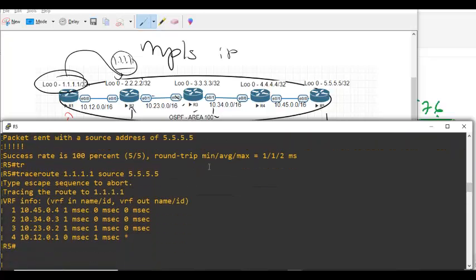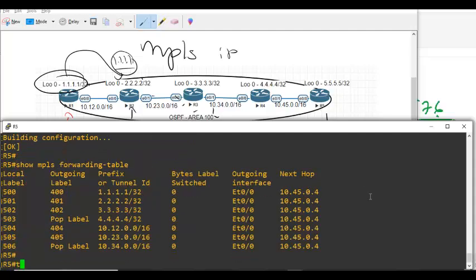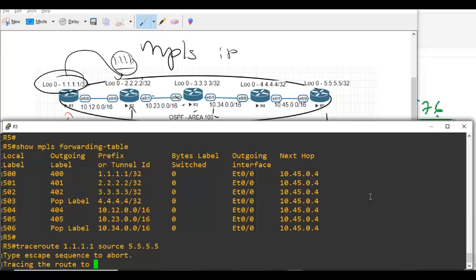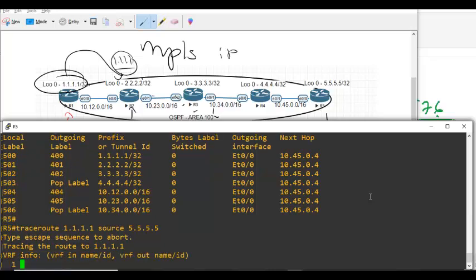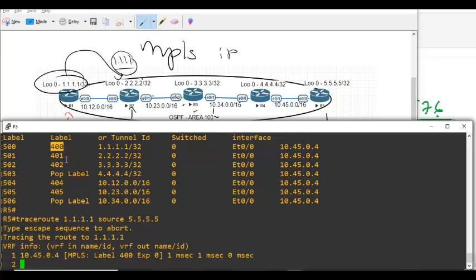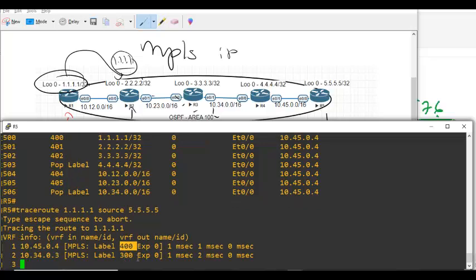What it will do, before sending to the ultimate router, see, I'm tracing the route to 11111. Where is 11111? On router 1. So before sending to router 1, it will pop the label. Why? Because to deliver the packet to the loopback interface, it has to go through the routing process. So it throws the label and sends to router 1, so that router 1 need not do an MPLS lookup. It can straight away do the route lookup. To deliver the packet, it needs to do the route lookup. If it doesn't pop the label, then it has to do two lookups: label lookup and then